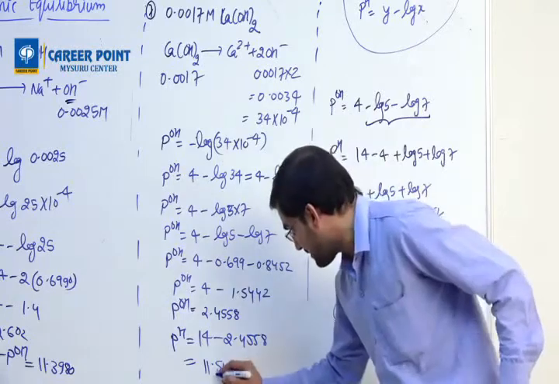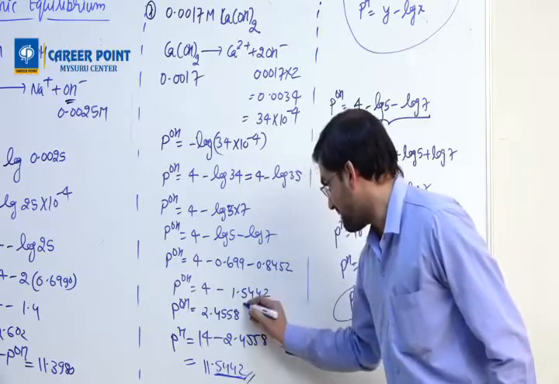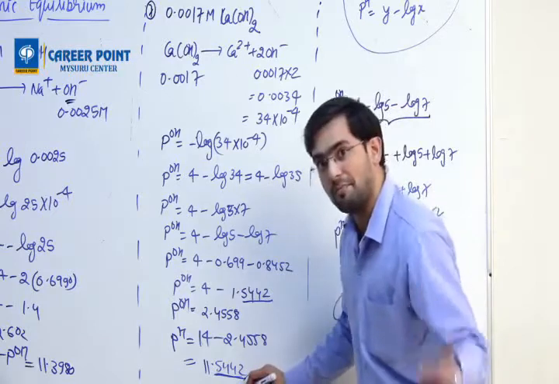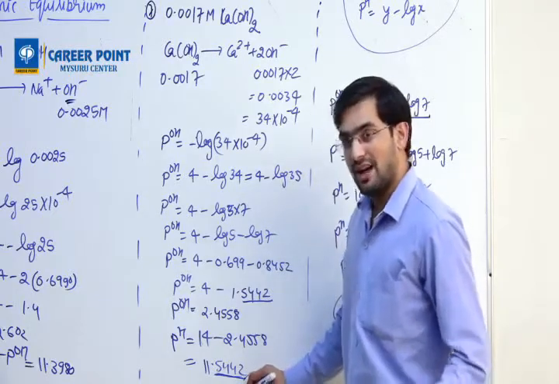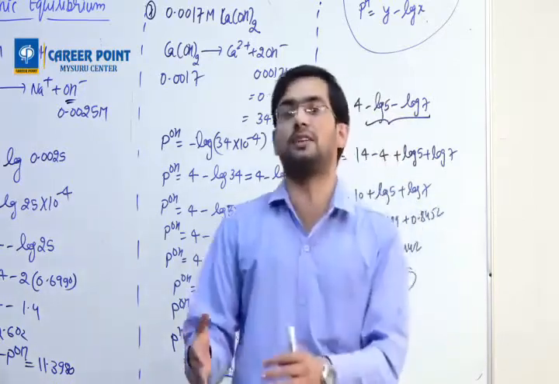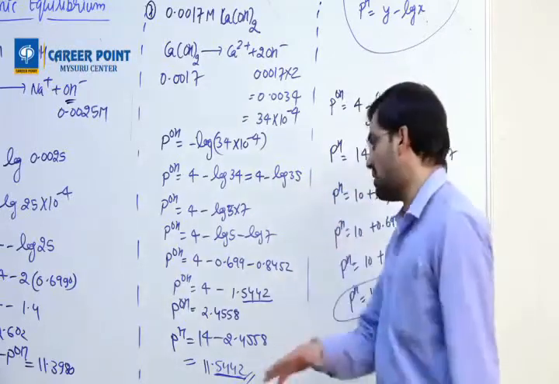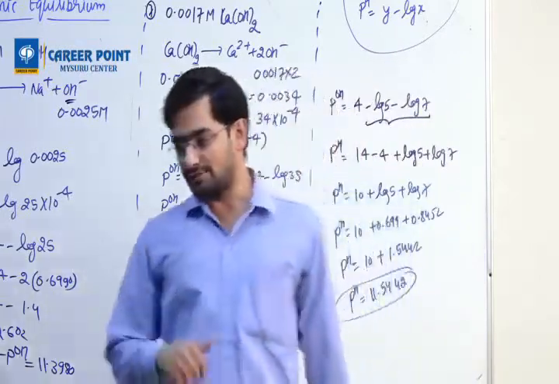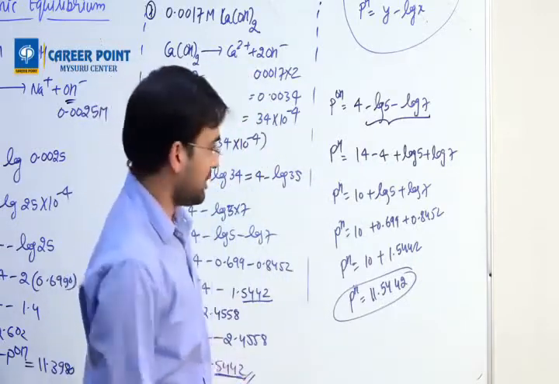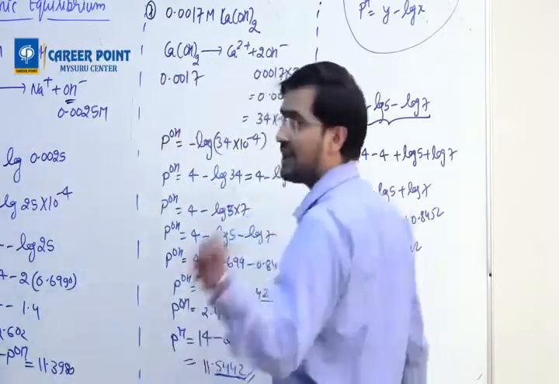Notice one more thing. This value 0.5442 has also come one more time. Where? Here. In pOH it came. The same value appeared in pH again. It means I am subtracting this value. Whatever value I am getting, I am again subtracting it. And subtraction 2 times becomes addition. Understand? So in order not to do this, and one more thing is, addition is easier than subtraction. Addition is always easier than subtraction when it comes to decimals.